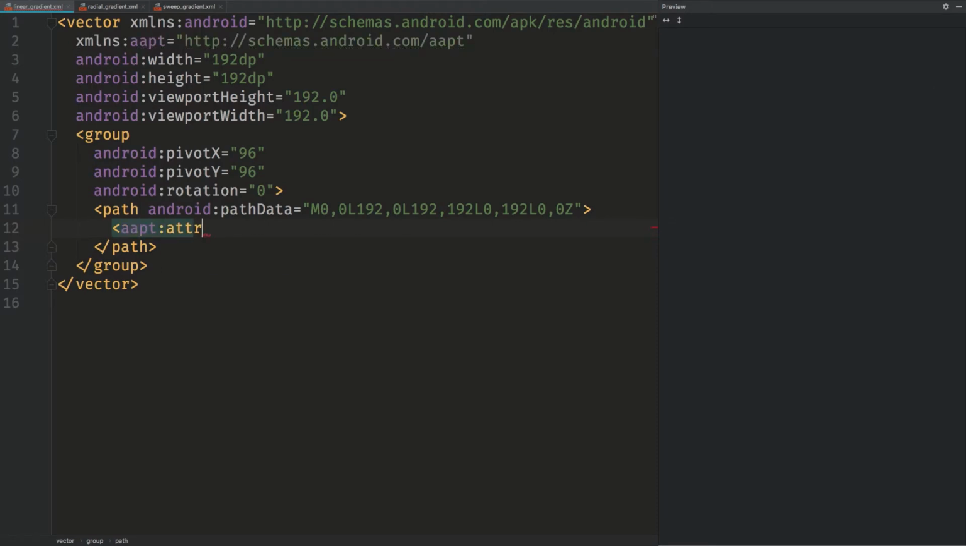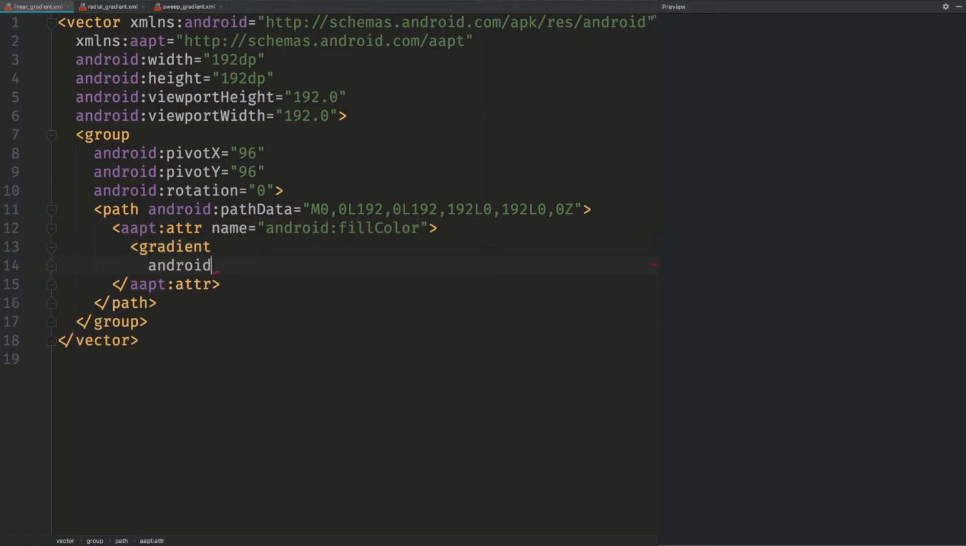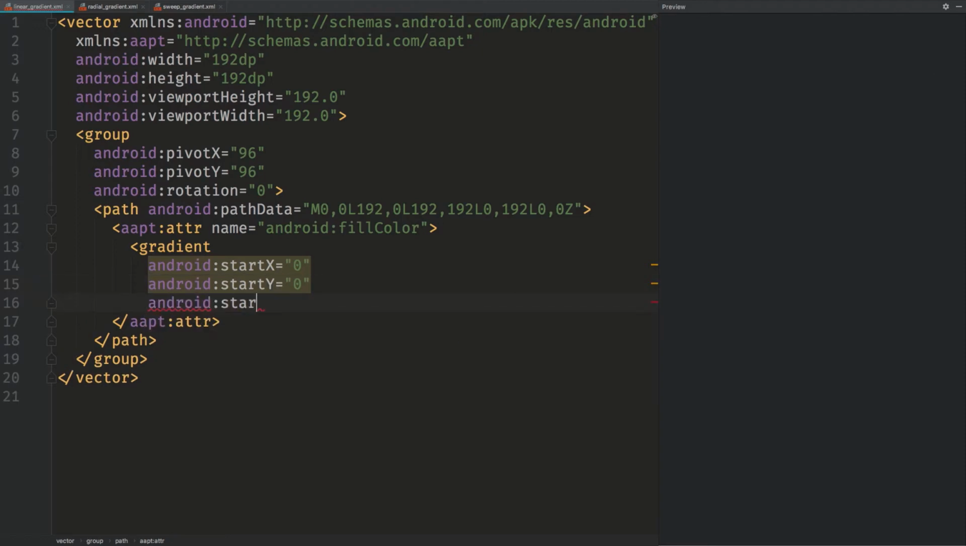We can do this by replacing the fill color attribute with an inline one. Inside this, we define the gradient, and this takes the form of a gradient resource, which is different to the resource which we would use to define a gradient within a shape drawable. To start with, we'll create a linear gradient, which requires us to define start and end points, along with the